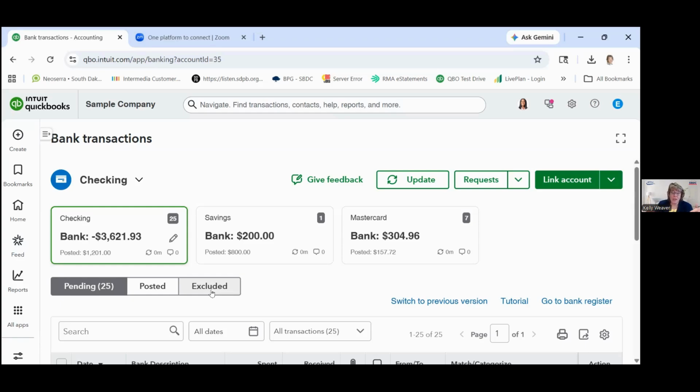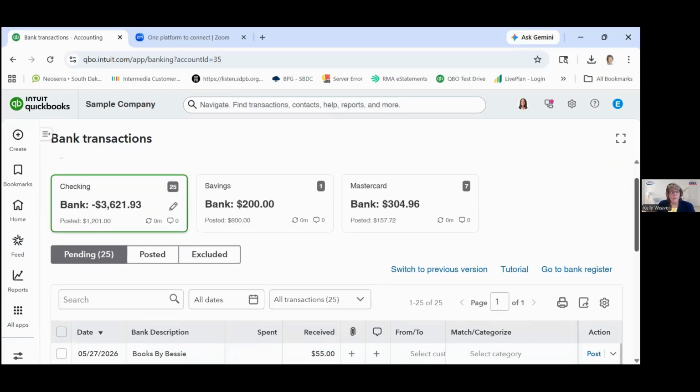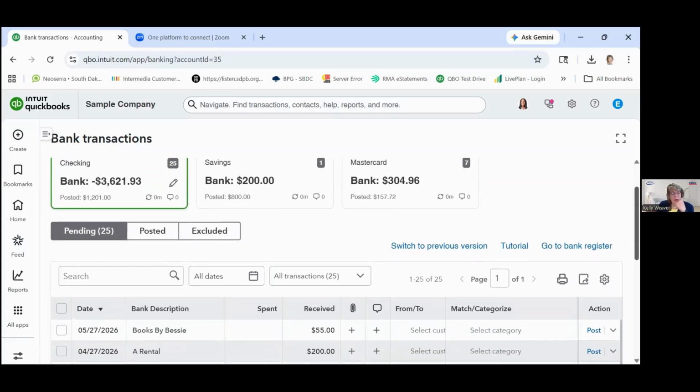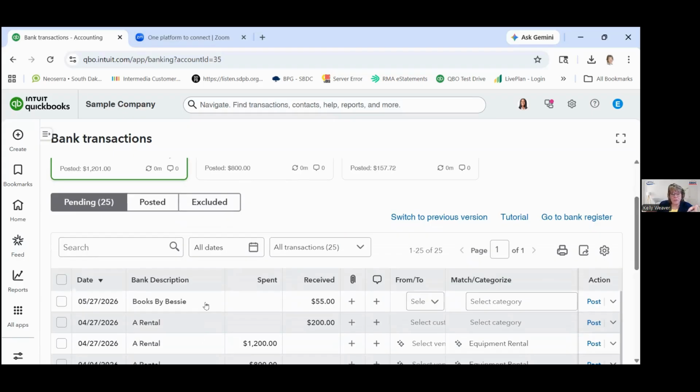It's basically like you're taking a draw from your business. So you have a place to put those things that are not going to show up as an expense on the profit and loss statement. The equity side shows up on the balance sheet, so it won't affect the profitability, but it will affect your bank account, because it was money that came out of the bank account, and it'll be there when you reconcile. Everything on these cards needs to be processed through this window before it shows up in your QuickBooks financial records.